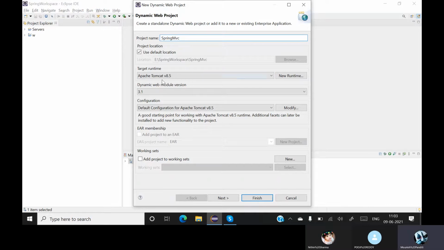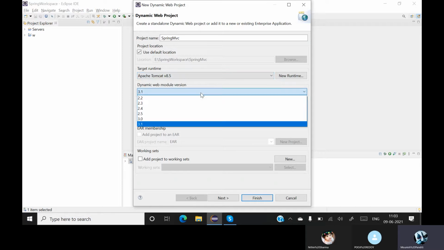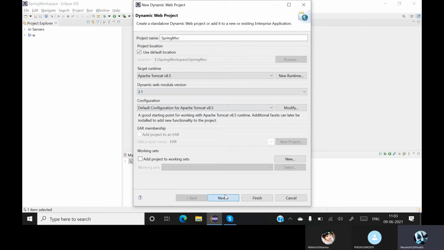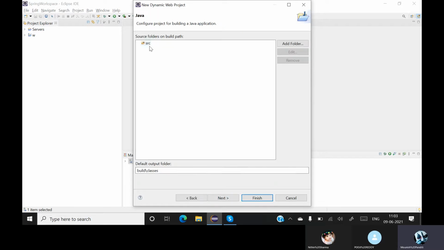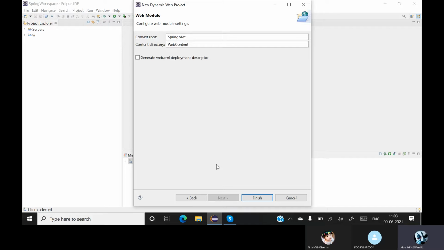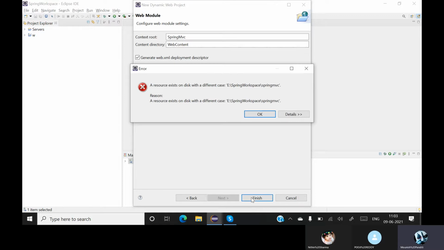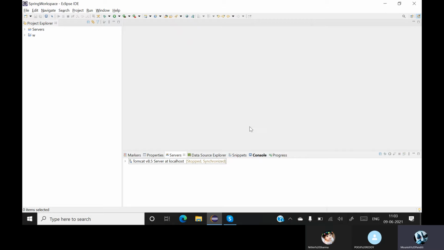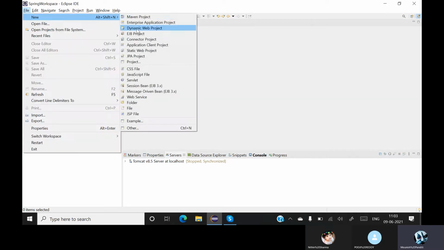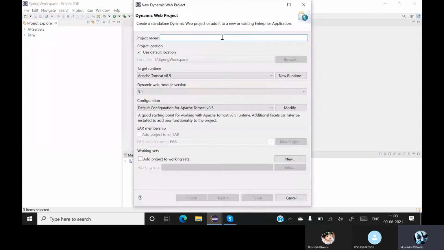I'm using Apache Tomcat version 8.5. If you are using anything else, that is okay. Dynamic web module version 3.1. Go to next. That is my source, good. And obviously I need a web.xml. It is telling me the resource exists, so let me create a new file.